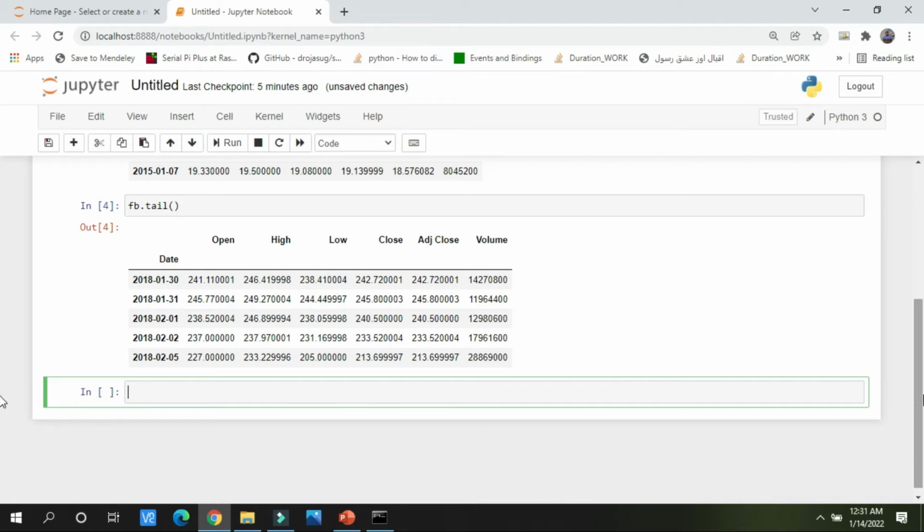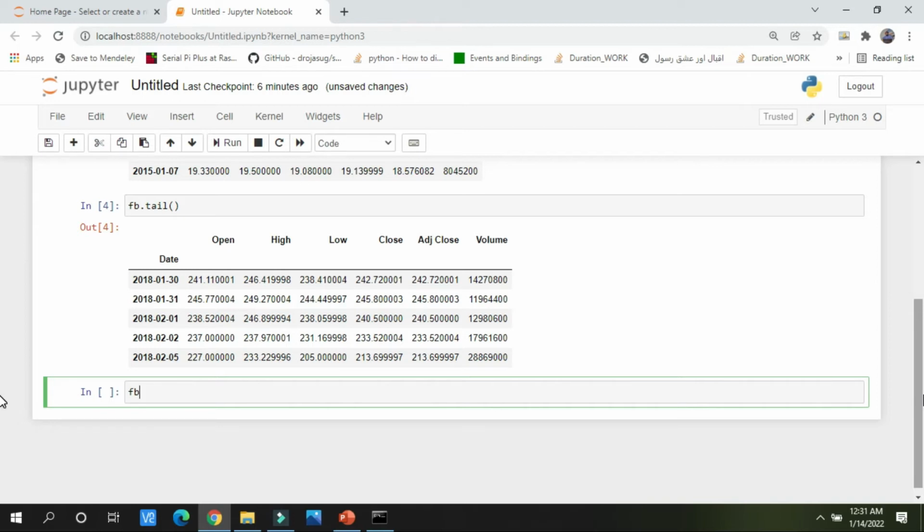Now I will move forward and we will see if we want to describe all these columns, meaning if you want to find the mathematical terms like the mean of the column, median of the column, standard deviation, minimum value, maximum value, and percentiles, the 25% of the column, 50% of the values, 75% of the values, that I call percentiles.